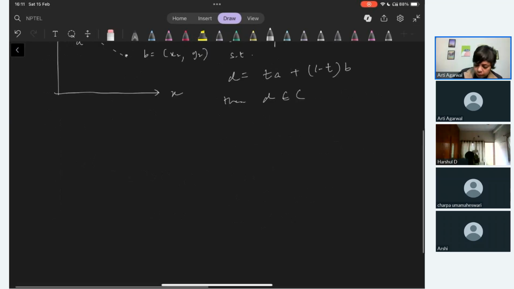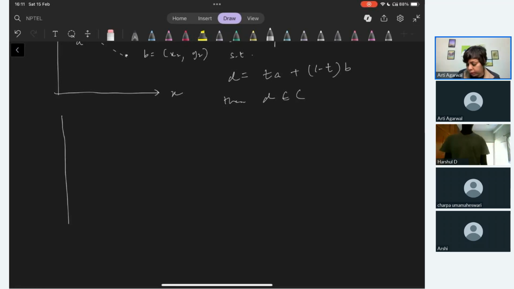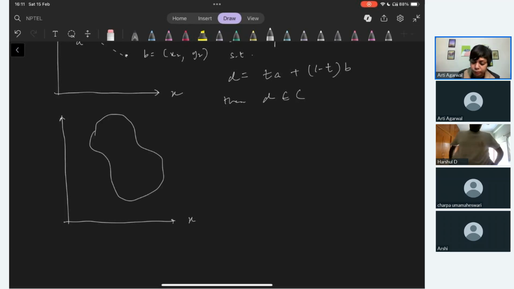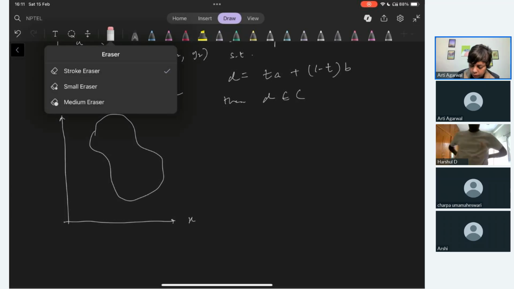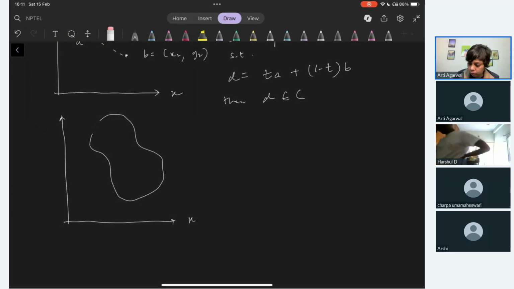Diagrammatically, what it means is, say suppose there is some weird shape of a consumption set. I'm not saying that this is a consumption set, I'm saying if this is a consumption set, then